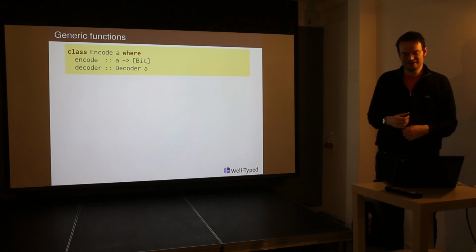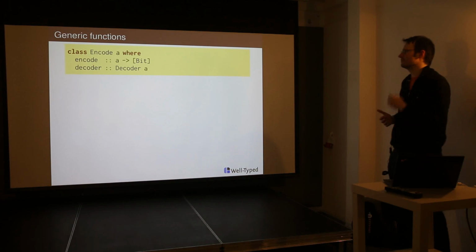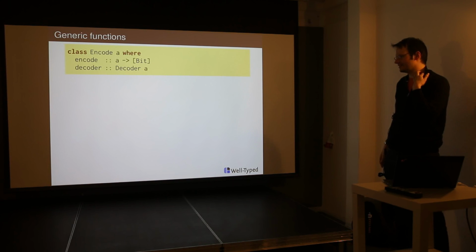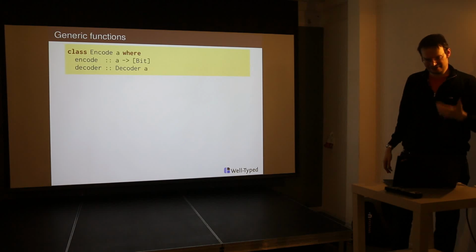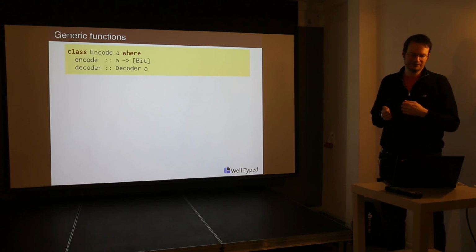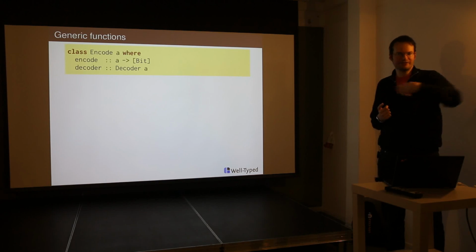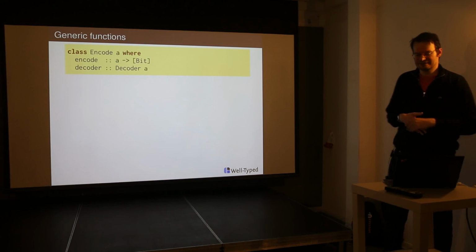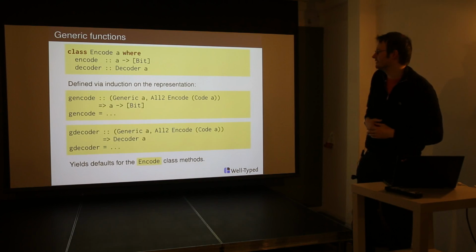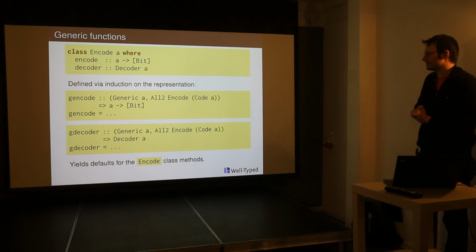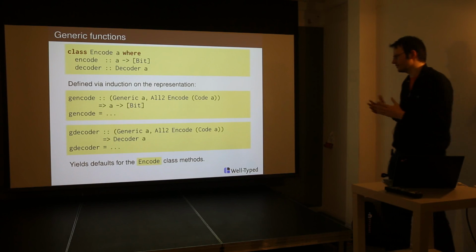You want to turn a value of some type A into a list of bits. And then the decoder is slightly more complicated, which is why I've left it an abstract type. If you've ever looked at parser combinators in Haskell, you want to either maintain a cursor into the input list of bits, or have each decoder return the unconsumed rest of the bits. And then, using the generics-sop machinery, you can define a generic encoder and generic decoder